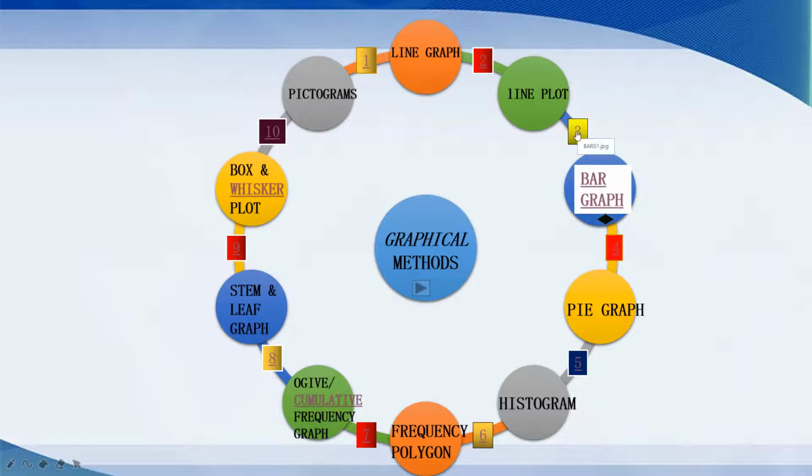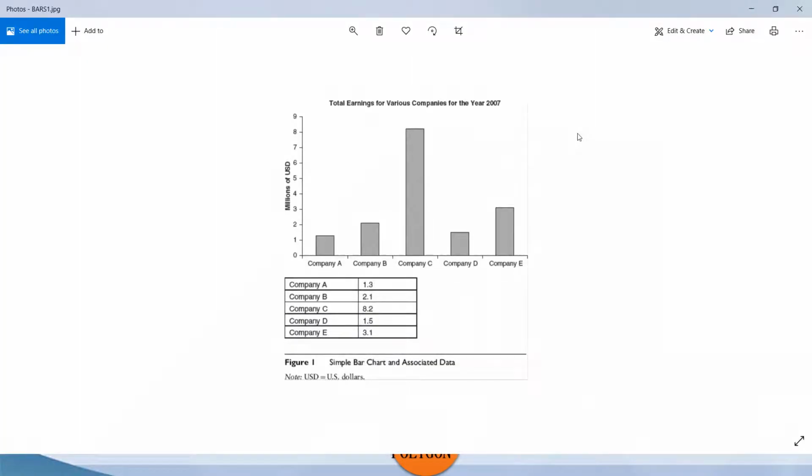There are so many types of bar graphs available, like simple bar graph, multiple bar graph and subdivided bar graph. For each, here I am going to show one example for you. First, let us see what is a simple bar graph. So this is a simple bar graph. Here I took different companies' earnings in a particular year, 2007. So this is how bar graphs look like. And the length of each bar you can see here indicates the earning of a different company.